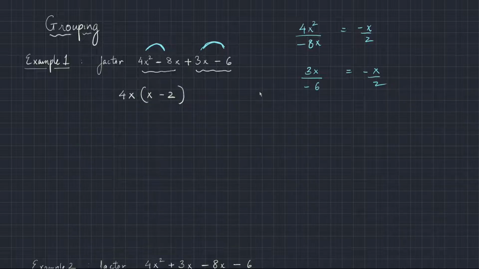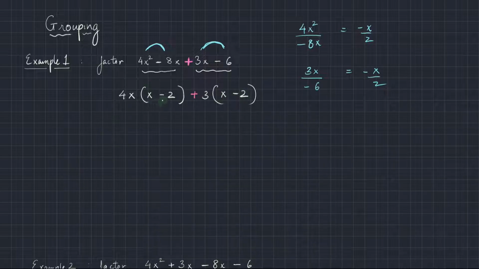Now for the next group, there is a very important nuance. Do you see there's a plus sign in the middle over here? If there's a plus sign in the middle, we always factor out a positive number. If the sign were a negative sign, we would have factored out a negative number. So factoring out a positive number from the second group, we have positive 3. Factoring out a positive 3, we just get x minus 2.